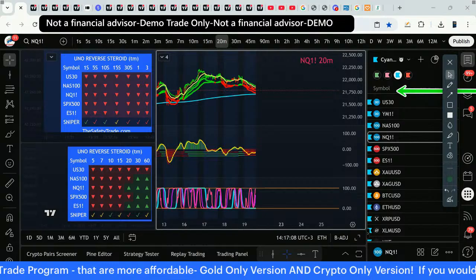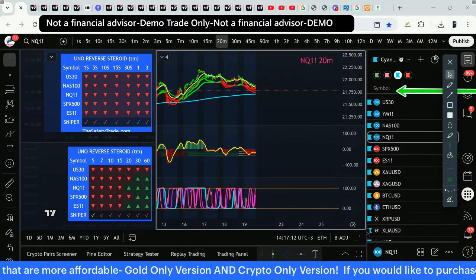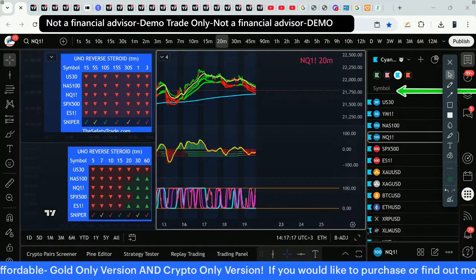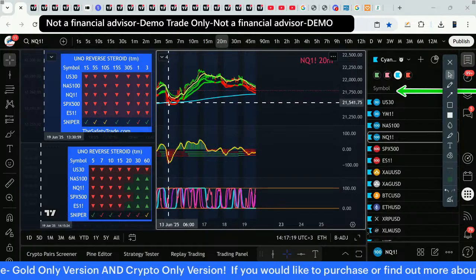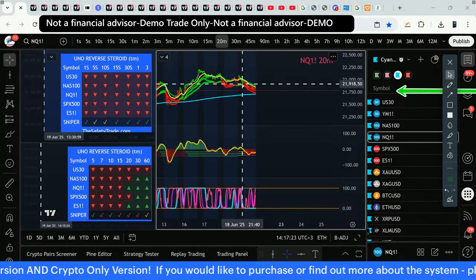Sell stop to the 20-minute blue line. I think I called that yesterday, right? And it didn't go all the way down, I don't think. Did it? I don't know. No, so I don't think it went all the way. I think it hit the 15-minute, calling for